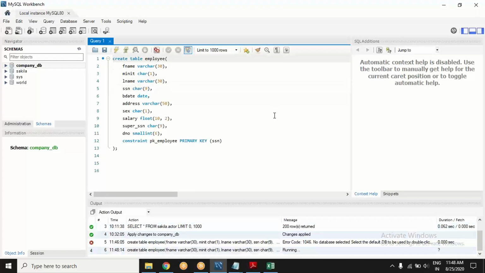Now let's execute. Now I have executed, and this time what happens? Again, let's check action output. What is this sign? Well, you are all aware of it. It is not saying that you have made some error, or that your query is not executed.